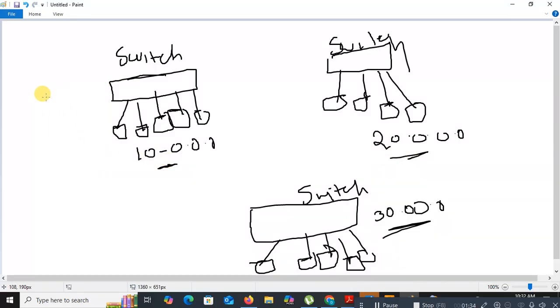Switch makes communication within the LAN. Switch is a LAN device. Whereas if I want to make communication from this LAN to this LAN, from this computer to this computer,